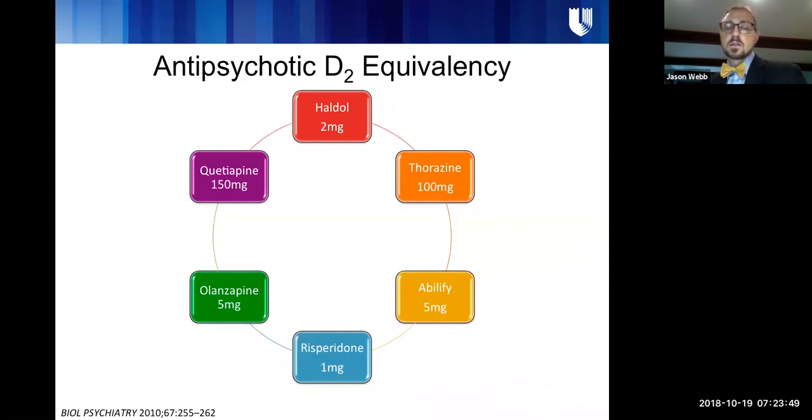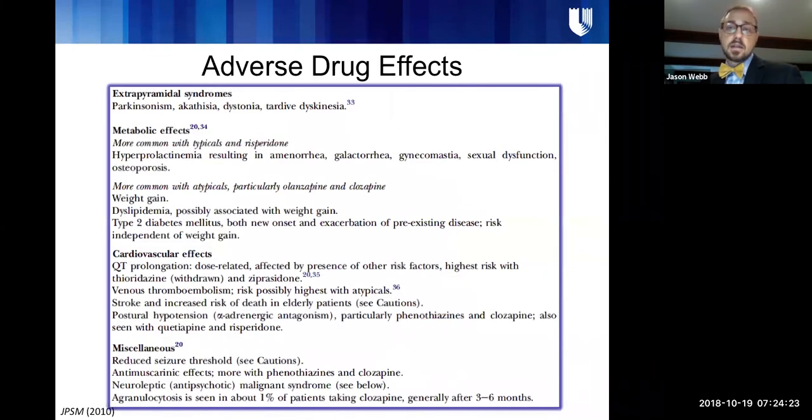And what it shows you is that really low doses of medicines like risperidone and haloperidol are very potent at the D2 receptor, whereas things like thorazine, largactil, you require much higher dosages to get the same amount of dopamine blockade. And the point of this really isn't to talk about the interchangeability, but it's to highlight the fact that they're not created equal, and they all have variable different side effects. And part of what I teach our team is really how to potentially use these medications a bit more in a sophisticated framework of harnessing some of the side effect profile, primarily the antihistaminergic effect or sedating effect, to help with symptoms.